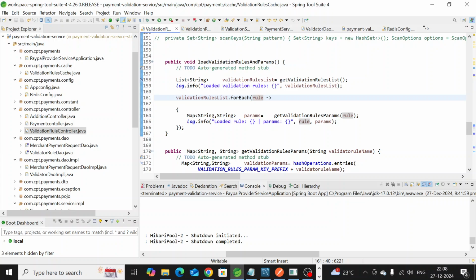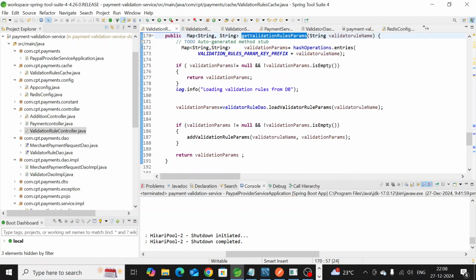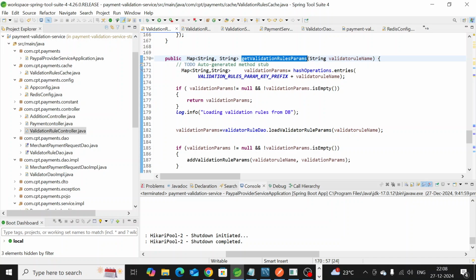So here also it's the same: we go to the database, fire a query, get the result, and again we'll try to add the same in the Redis, right? So the same thing is happening here. There is a get validation rule params method. If you open the implementation, I will run the application and debug it, and show you step by step how the data is flowing